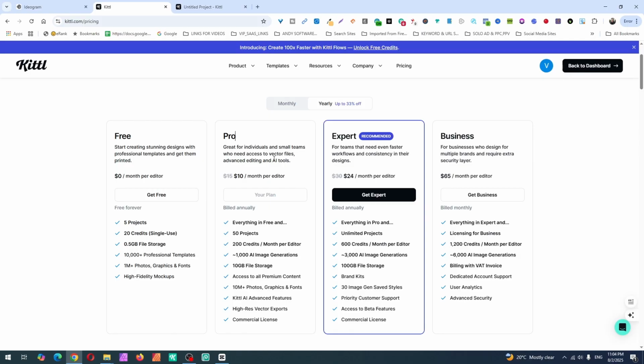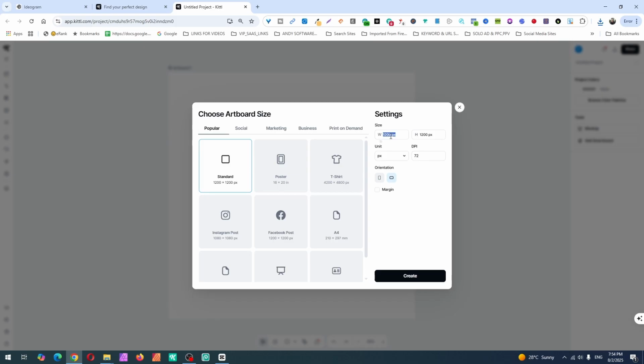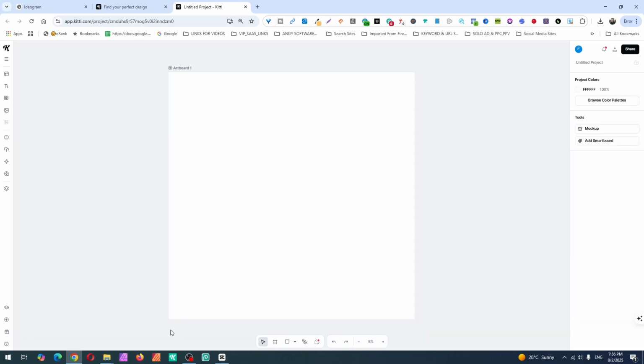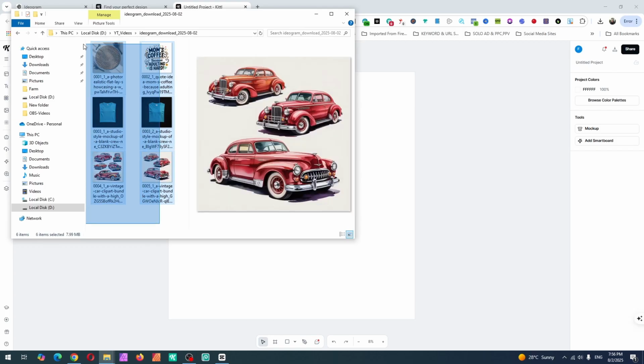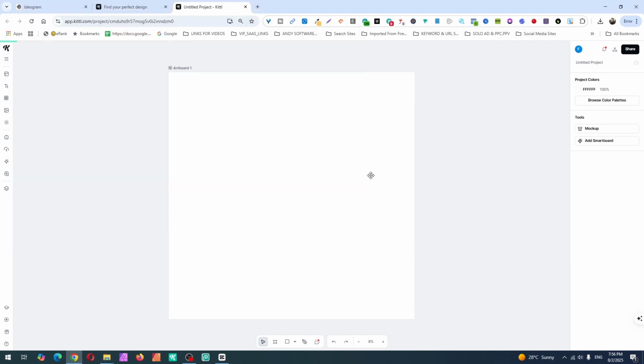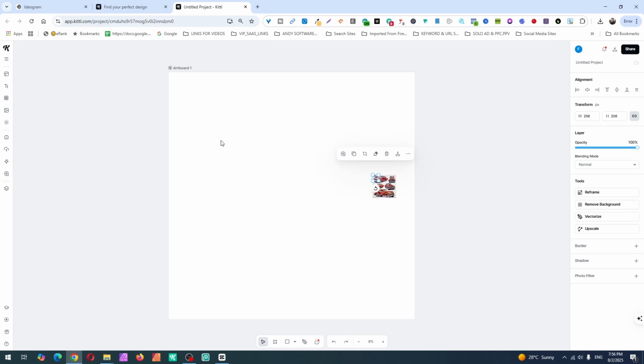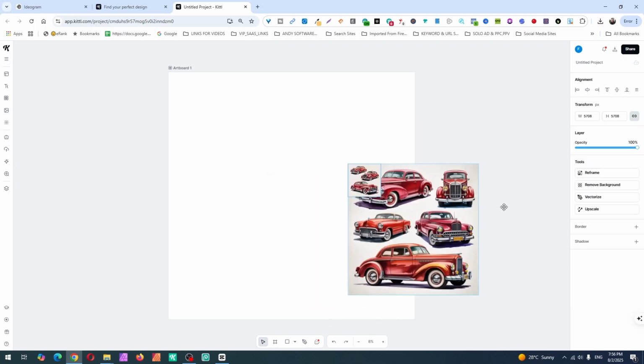So let's continue. I'm going to make this 5000 by 5000 pixels because it's the bigger size. So let's type 5000 by 5000, 300 dpi. Done. Create. So now let's just drag those files here, grab all of them and drag them here. There you go. I will grab them and make them bigger, move them on the side,